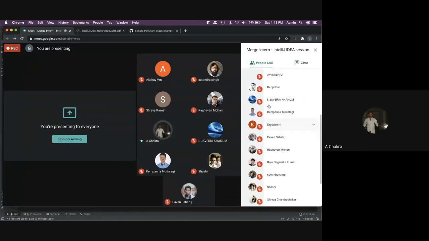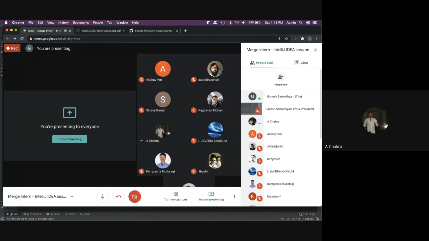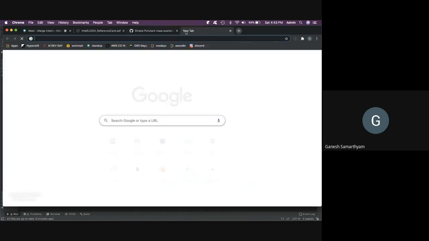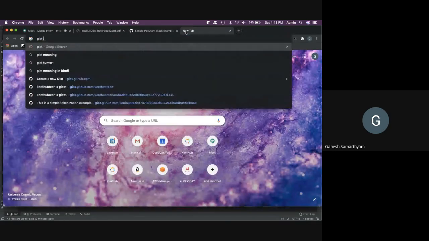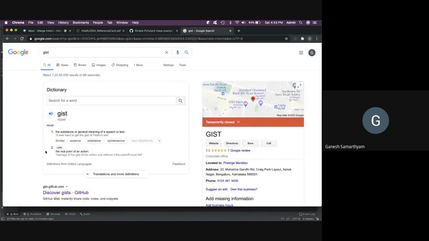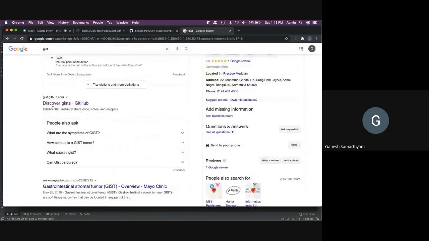Can you explain gist again? I missed that. Okay, so gist is from GitHub. I don't know the exact technical description of gist; we use Git repos and things like that, right? Gist is used for instantly sharing code, notes, snippets, etc. It's not a full-fledged repository, but quick code segments that you can share with others.